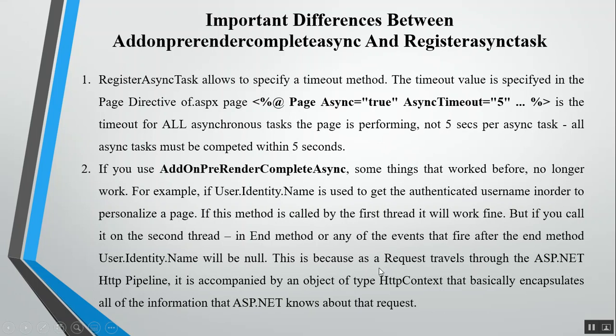Because if two tasks are performed in parallel, the first thread may work fine, but if you access some data on the second thread, it might return a null value.